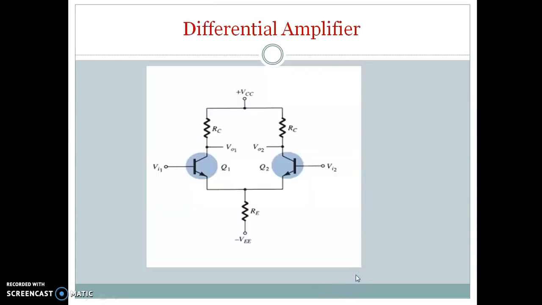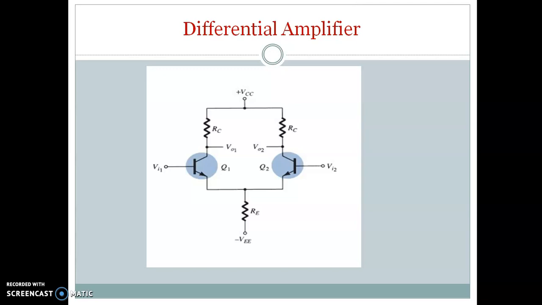Okay. So now this is a differential amplifier. I am using two transistors. Don't think that it is multi-stage. It is a single stage amplifier, and it is a type of DC coupled amplifier, because you can see that nowhere are coupling capacitors involved at the input or at the output.